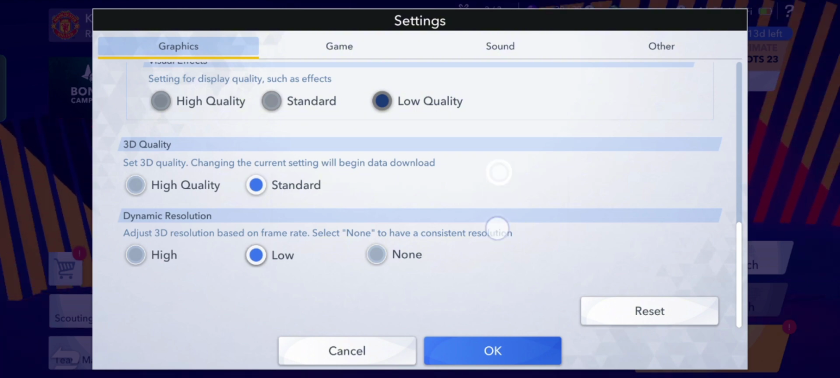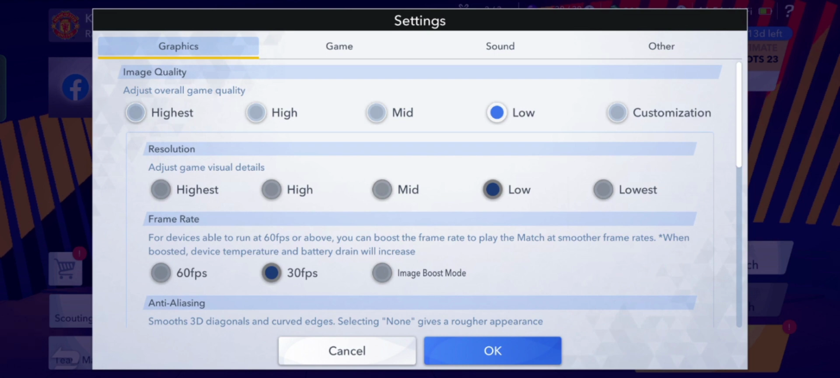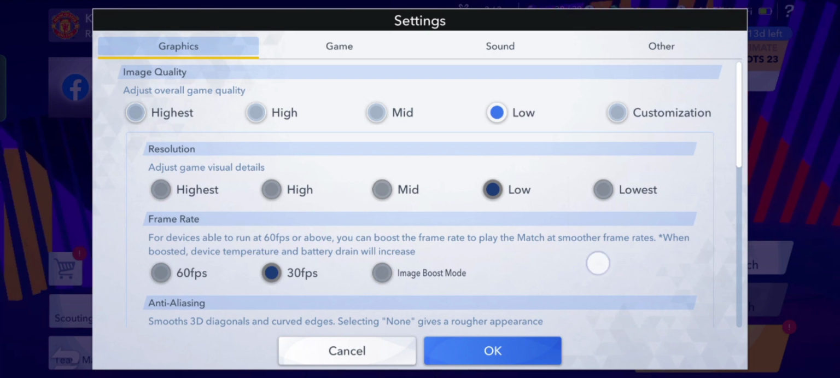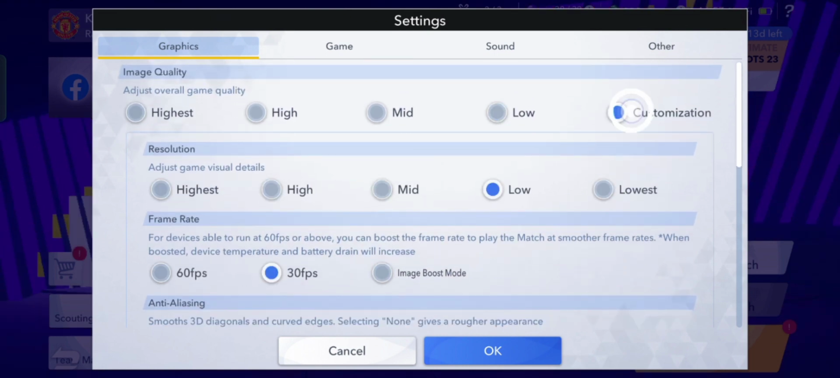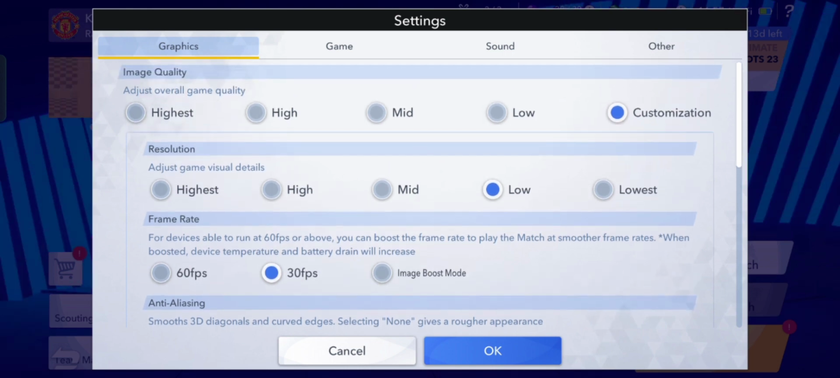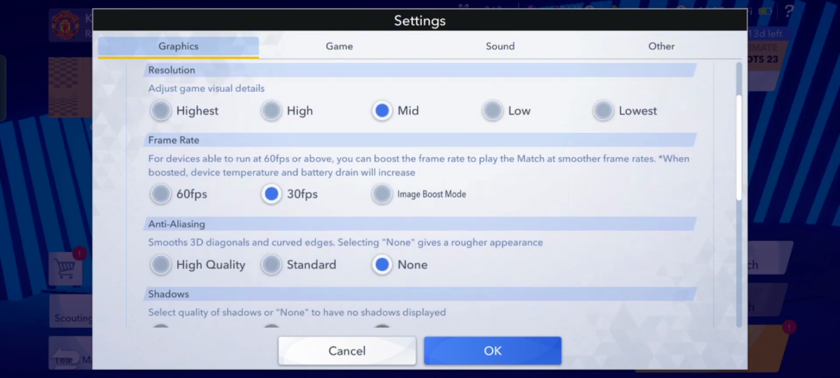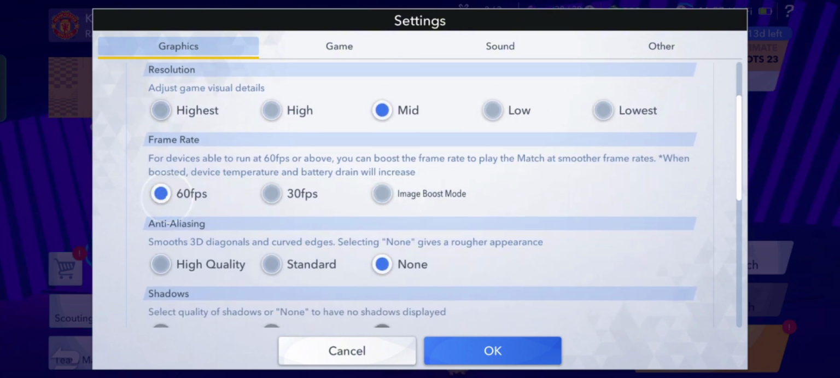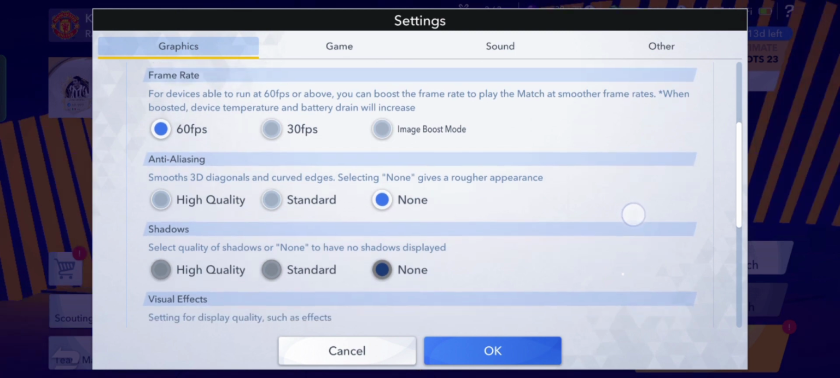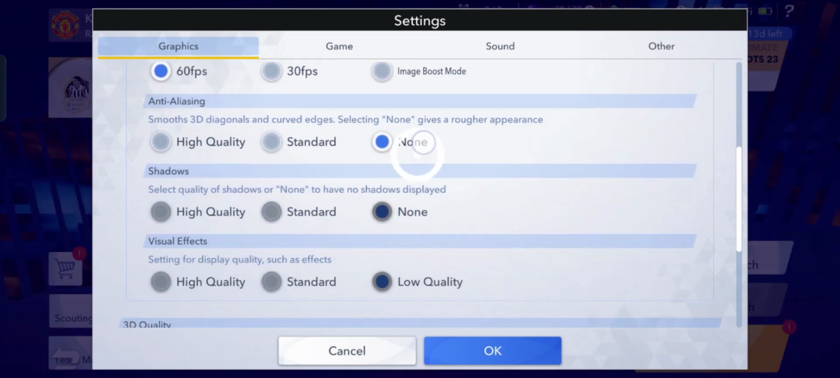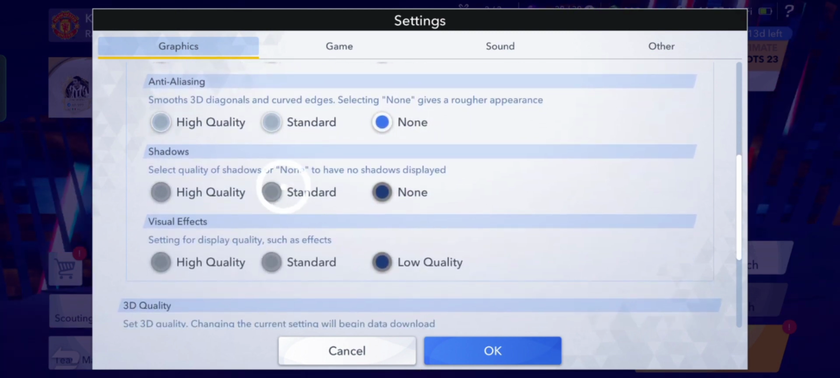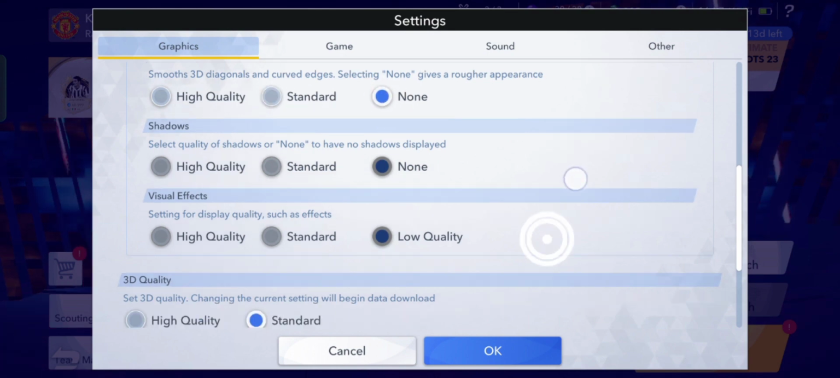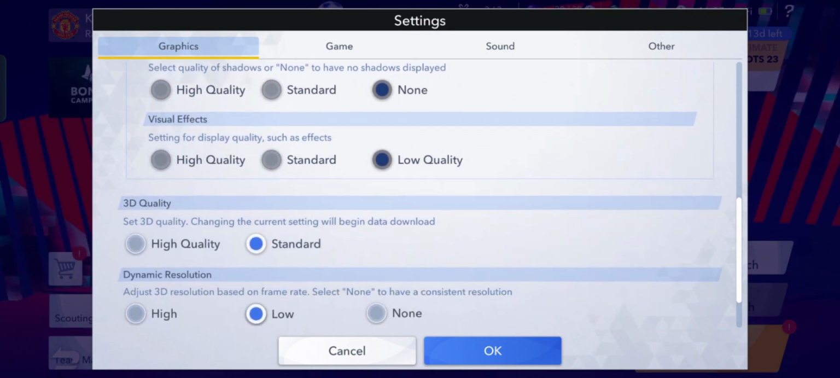But if you want to make some customization, not all low, not all high, just go on customization. Like I want a mid in resolution and 60 FPS with no, I don't need anti-aliasing, I don't need shadow also, and visual effect in low quality,